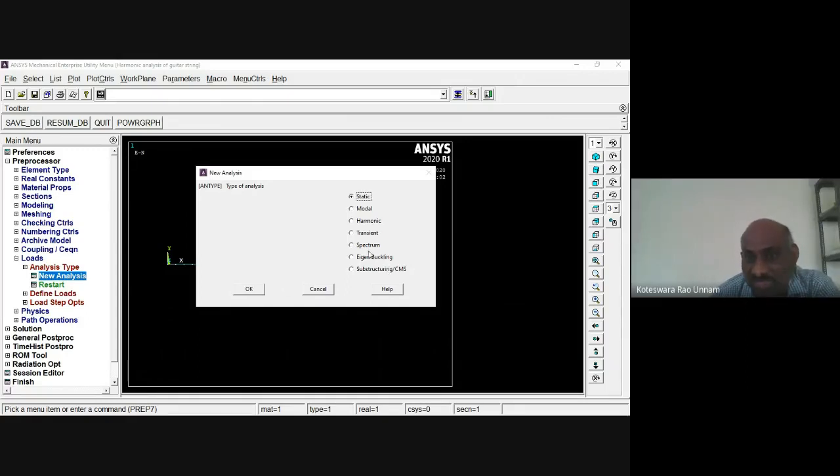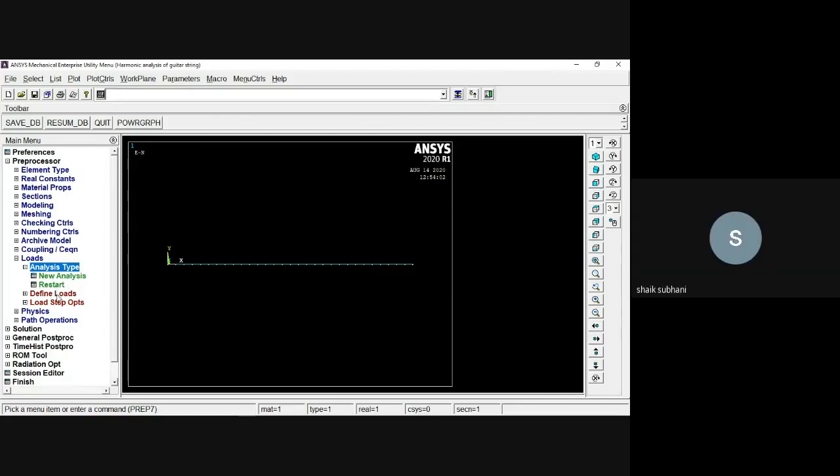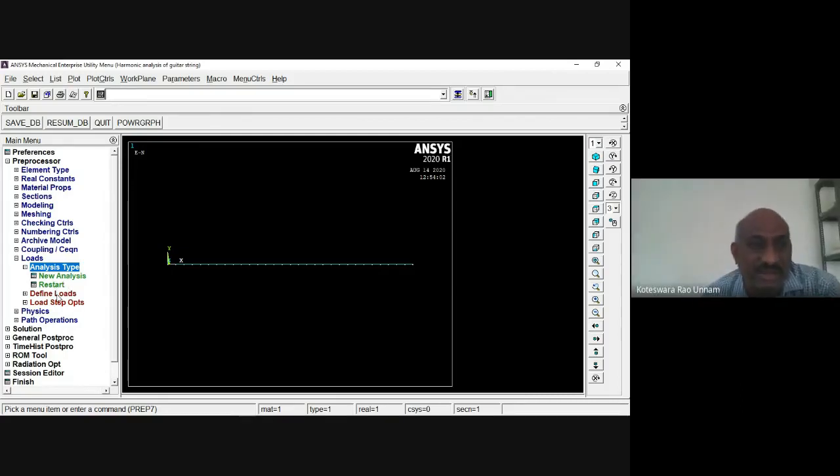If you want another type, you need to change it; otherwise, no need to change for static analysis. Since we want to transfer these loads to the next modal analysis, I need to use the analysis options. That option won't come here; it comes under solution control, so I'll show you that later.